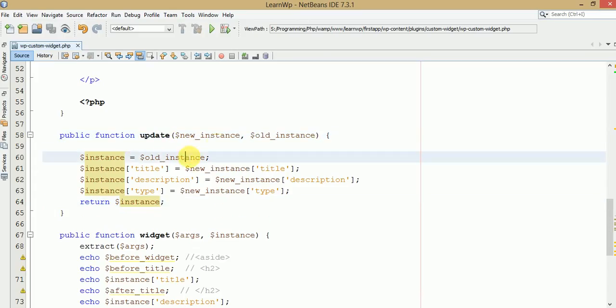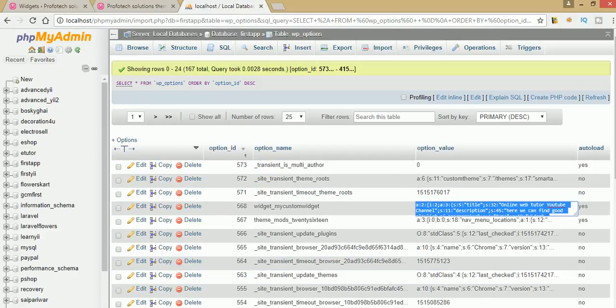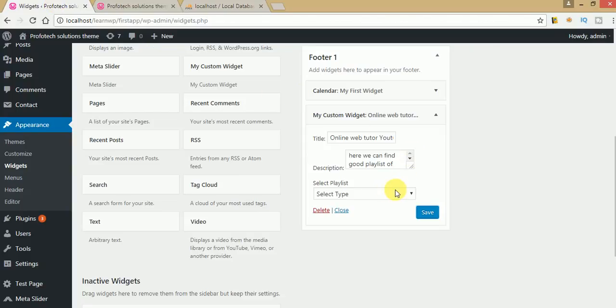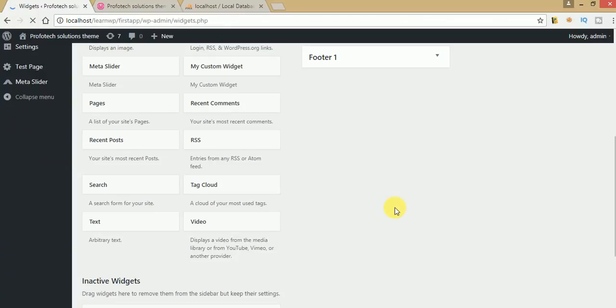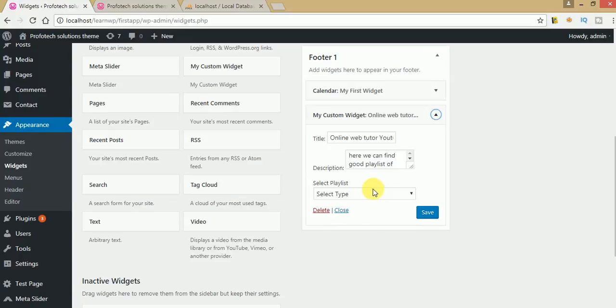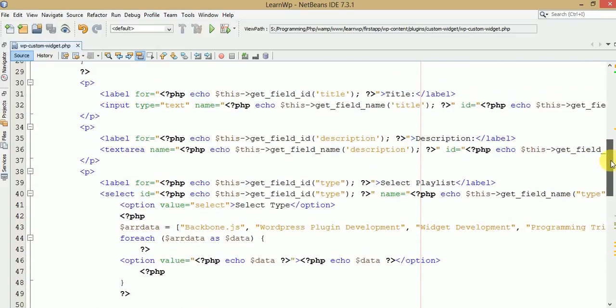Update method actually updates the old instance value with our new instance, and the new instance value contains the value of the type. Okay, so now getting the value from the type attribute means we are again not retaining our fixed position. When we refresh this page, the widget development is automatically not selected in this list. Okay, as expected, it is not selected. To make the selection of our desired result,